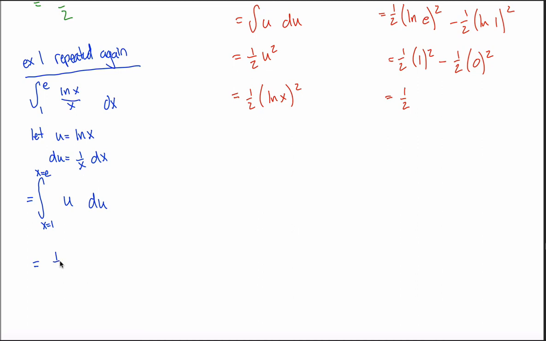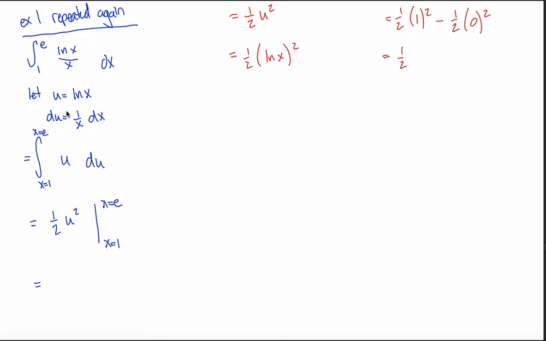We take the antiderivative of the u, which is still 1/2 u squared, and we'd evaluate that thing. But be careful, it's from x equals 1 to x equals e. And you're like, how do you evaluate this thing from x equals 1 to x equals e? Well, you change your u's back into x's. Right? You do the substitution that you'd expect. Your u's are the natural log of x, so this is just 1/2 the natural log of x squared, evaluated